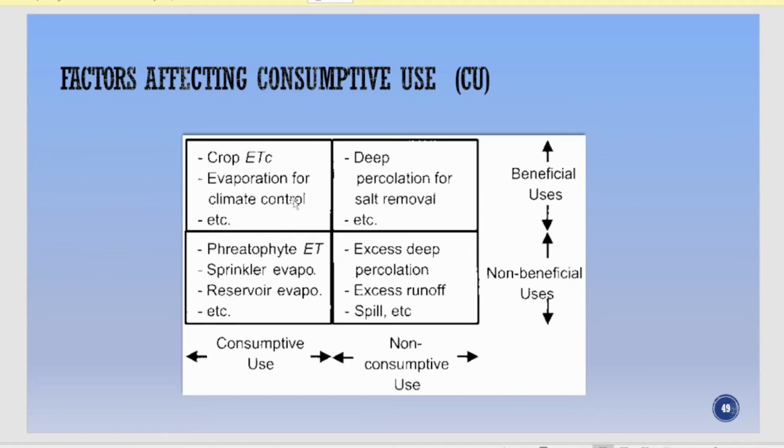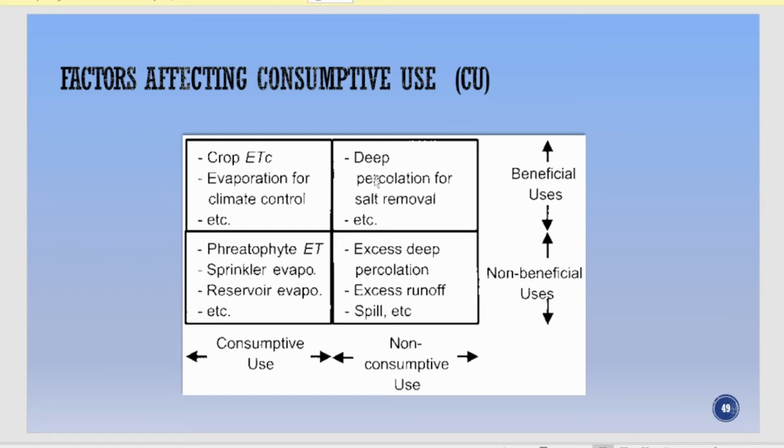The crop which uses the water for evapotranspiration, it is a beneficial use, it will benefit your crop, and it is considered consumptive use. Deep percolation or removal of salt: the water that percolates deep will carry the salt with it. We also know that there is a salinity condition if you apply irrigation water. Water contains salt, and when you apply more irrigation water on the farm, the water will be consumed and the salt will be left over at the top of the soil, and because of that the saline nature of the soil will increase.